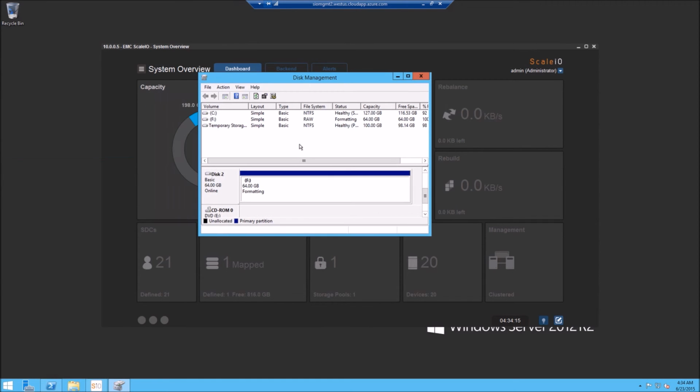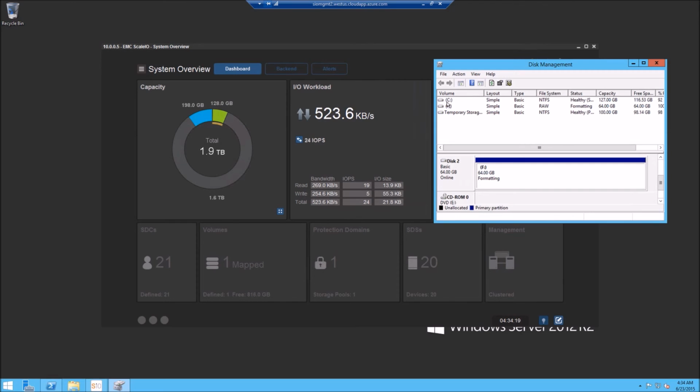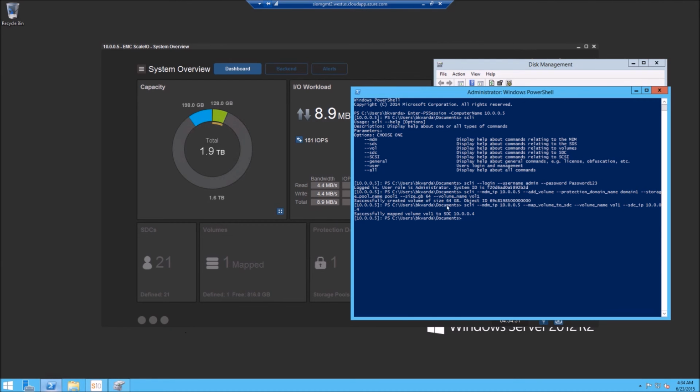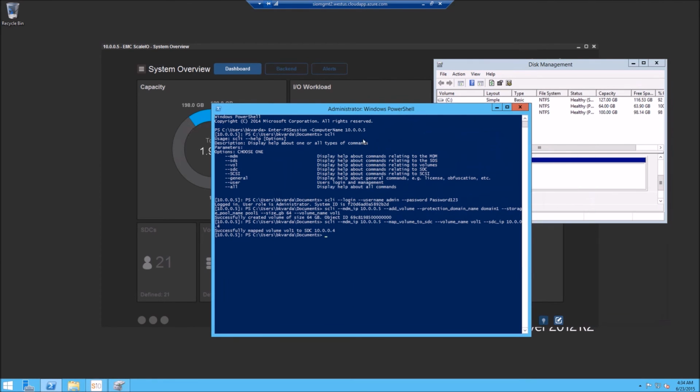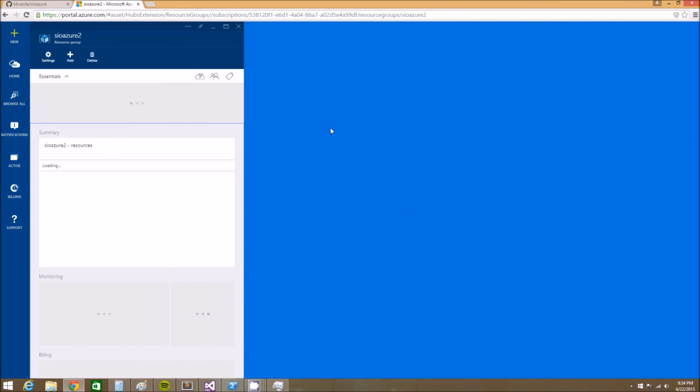So that's pretty much that. So you can go ahead and create a bunch of volumes. You can mess around with some things. You can leverage the API over the internet, as the API is accessible over IP using the DNS name. ScaleIO and Iometer are also installed packages, so you can use those rather quickly if you want to do performance testing of some sort. And when you're done, you just go back to Azure, you go to the resource group,